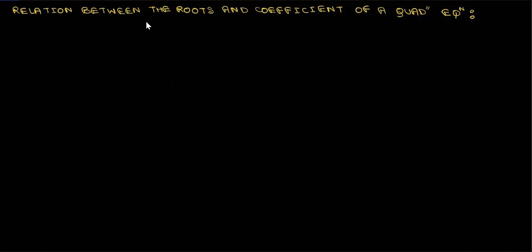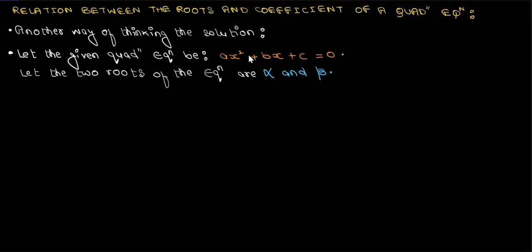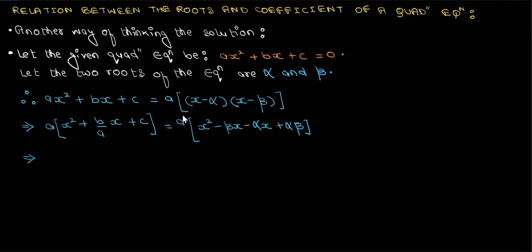Now let us come to the relation between the roots and coefficients of a quadratic equation. Another way of thinking about the solution: let the given quadratic equation be ax square plus bx plus c equal to 0. We know this is the general form of the quadratic equation. Let the two roots of the equation be alpha and beta. So ax square plus bx plus c, because the two roots are alpha and beta, we can represent this polynomial as a into x minus alpha into x minus beta,